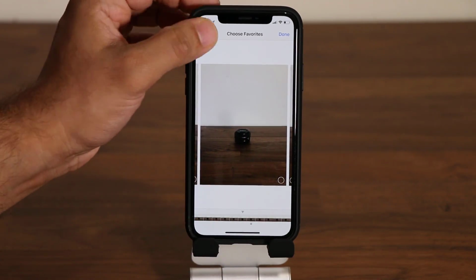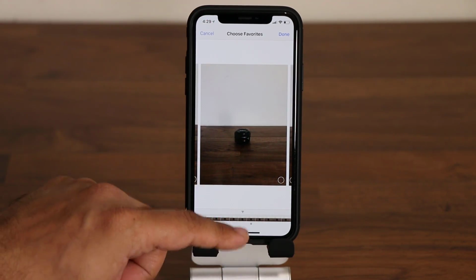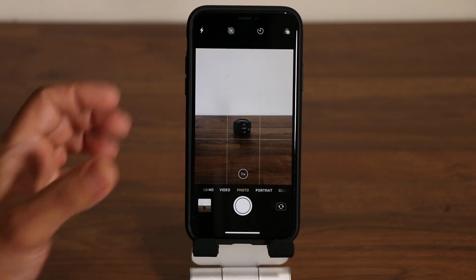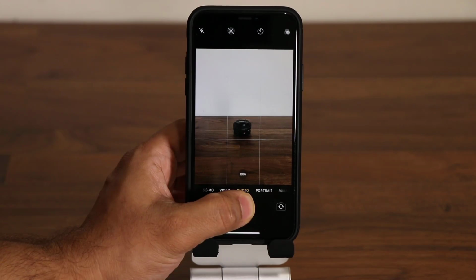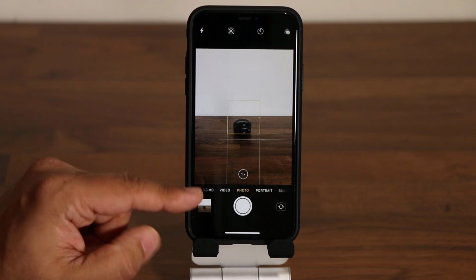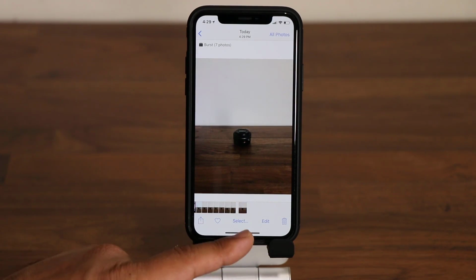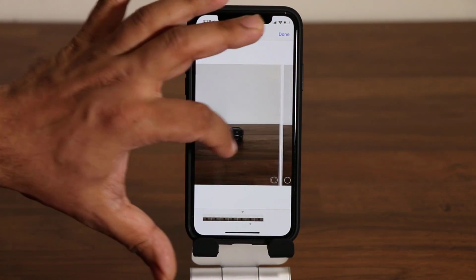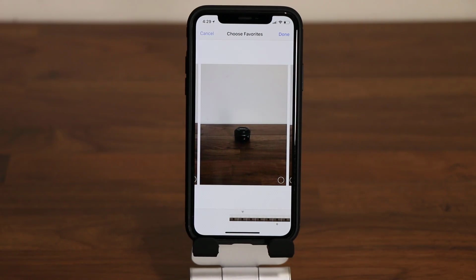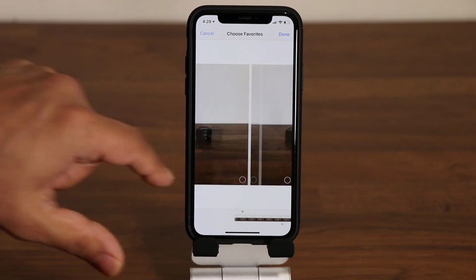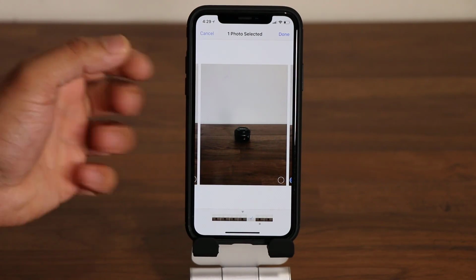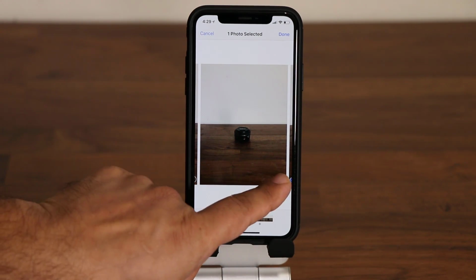The point of this is, let's say I go out to the camera, right? Let's say I'm taking a bunch of pictures of something. I can press and hold, it will take a bunch of pictures, then I launch that picture, and I see the select option, I tap on it, and now it's going to allow me to pick the best picture. I can do it manually. I can pick the best picture from that burst mode that I just did. So let's say I thought this was the best. I click this guy,